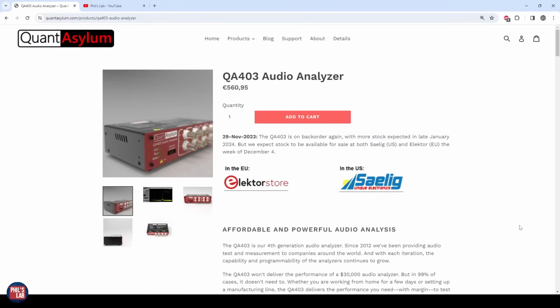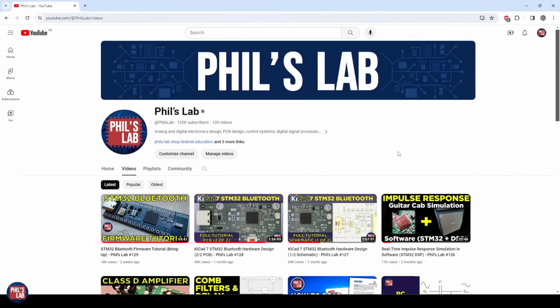So again, a huge thank you to the Quantasylum team for sending me one of these, and we'll be using this QA403 audio analyzer in quite a few future videos when we're analyzing maybe more advanced audio systems rather than these, let's call them somewhat crude guitar processing systems, because they don't have to have particularly impressive performances. And this tool is something we'll be using quite a bit for those as well, also to analyze filters, equalizers, and so forth. In any case, I hope this video was useful. I hope it showed you what measurements you might be able to perform with one of these devices and how to perform these measurements and certain things to look out for. Keep in mind this was fairly condensed, but hopefully a good introduction to doing these kinds of measurements and using